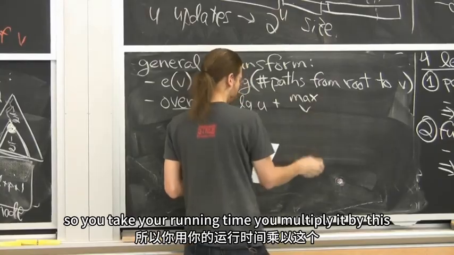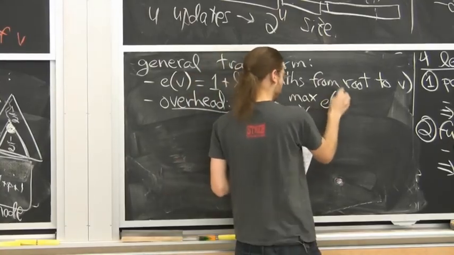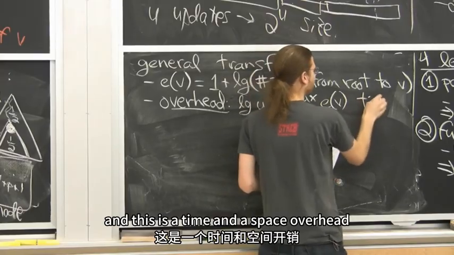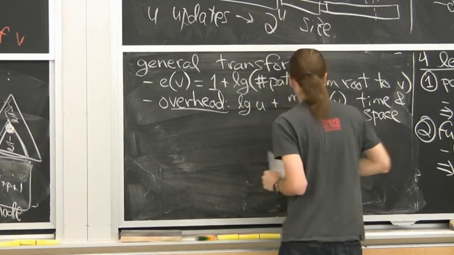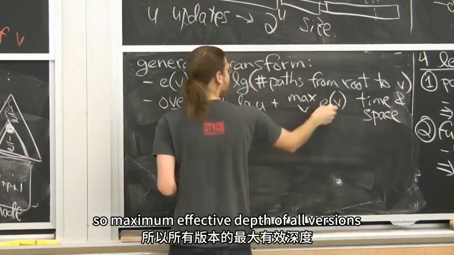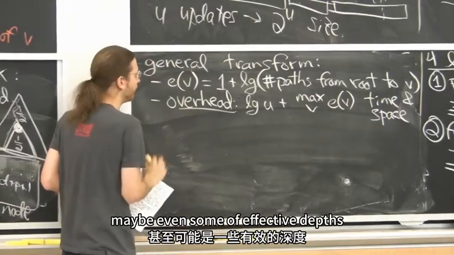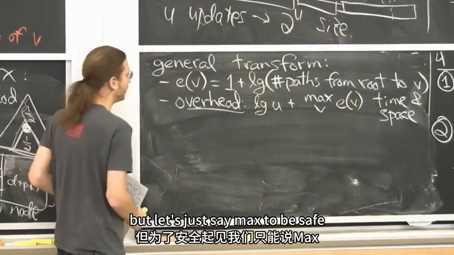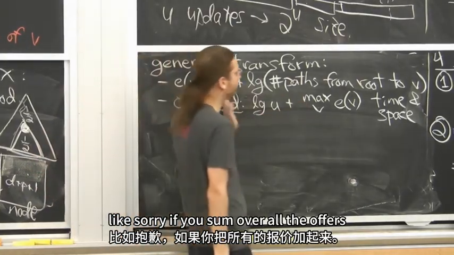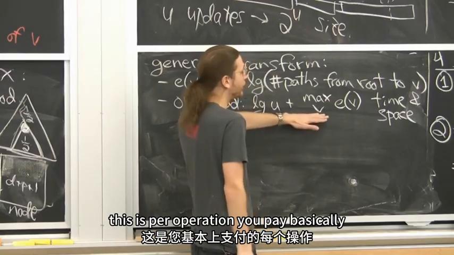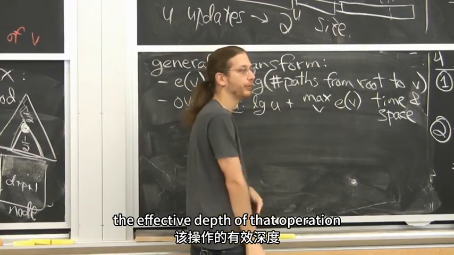So you take your running time, you multiply it by this. And this is a time and a space overhead. So maximum effective depth of all versions, maybe even sum of effective depths, but let's just say max to be safe. So if you sum over all the operations, this is per operation. You pay basically the effective depth of that operation